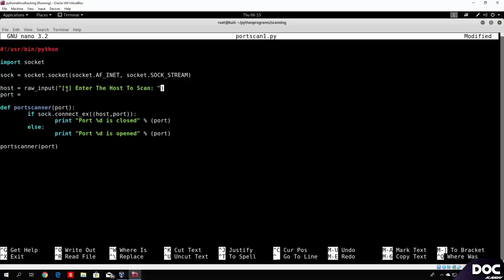So the raw_input function means that this will be prompted once the user runs the program, and it will wait for the user to specify the IP address or basically anything they want to specify. In our case, in this program, it will be an IP address, and once they specify that, it will continue running the code, and it will go to the port where we want to do the same. So with raw_input, we want to prompt the user to specify the port which they want to scan. So we just type: enter the port to scan, a colon, then close the double quotes